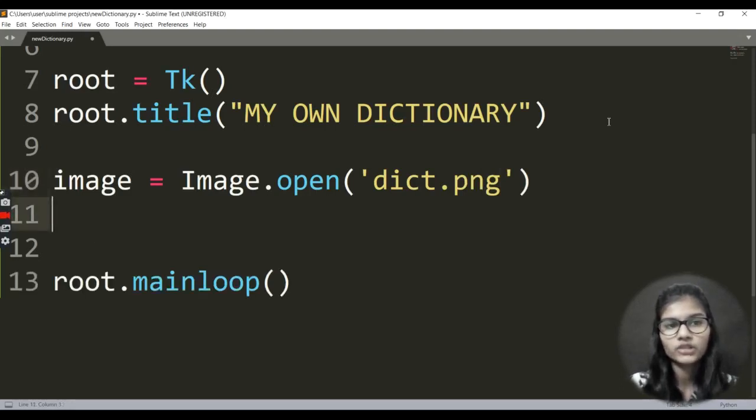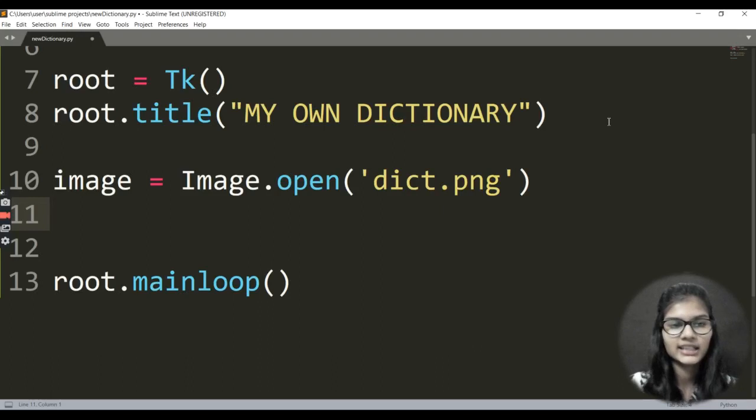Just one more very important thing to mention here: the image which you'll be taking, make sure to save that image into that particular folder where your file is saved in which you're writing this code. Do not take different paths, like your desktop. Just save this image in that particular place where you have saved this Sublime Text Editor file in which you are writing your code. If you do not do that, it will result in an error, right?